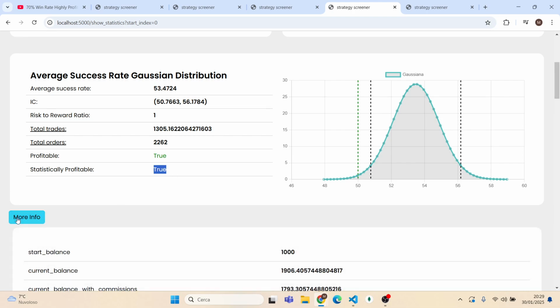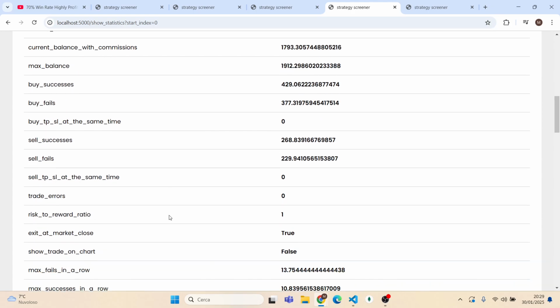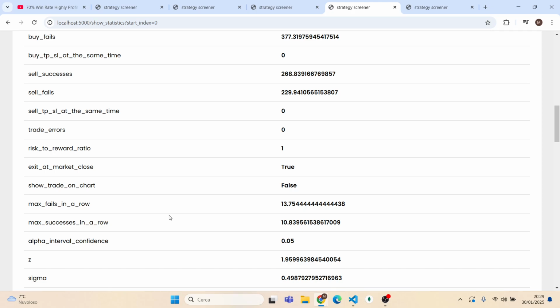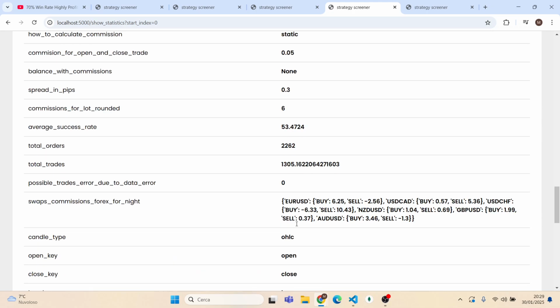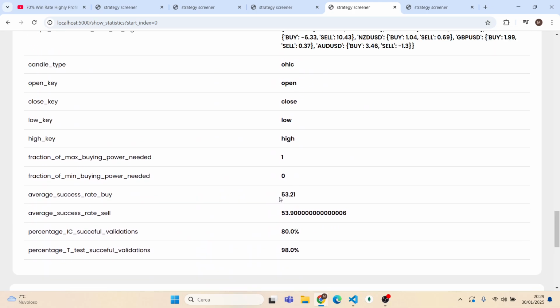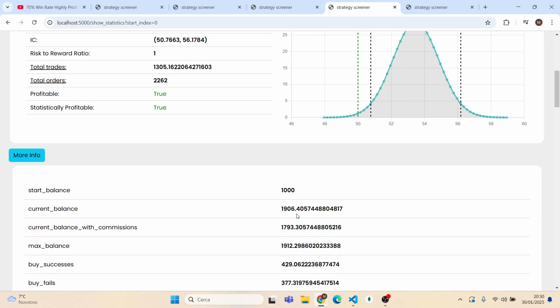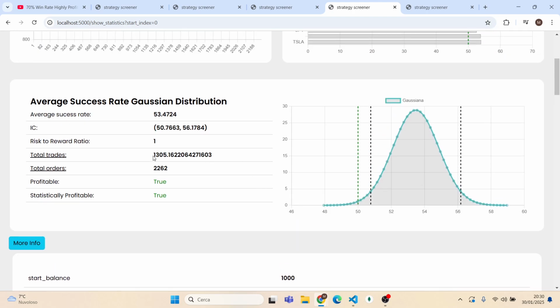And let's watch also the number of max fails in a row, because this is important to know how much money you can lose by using this strategy in a row. And as you can see, you would have lost like 14% of your starting account in a row, but you could have also gained 11% of your account from your balance. Here we can see the average success rate in buy and sell also. And we can also see that the number of trades was